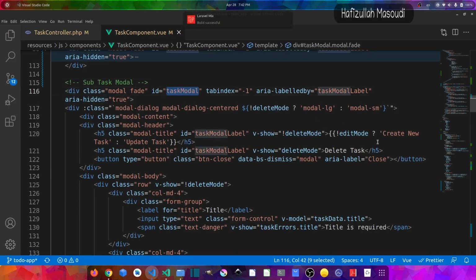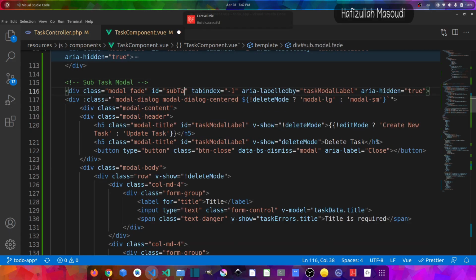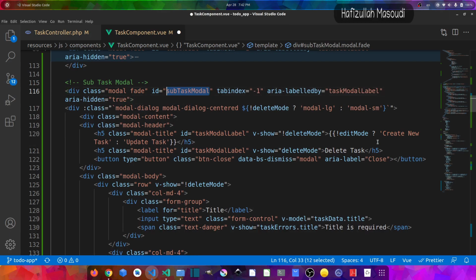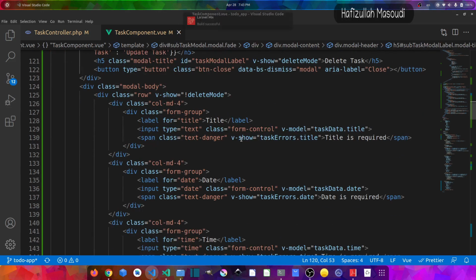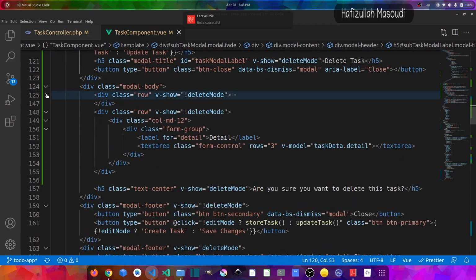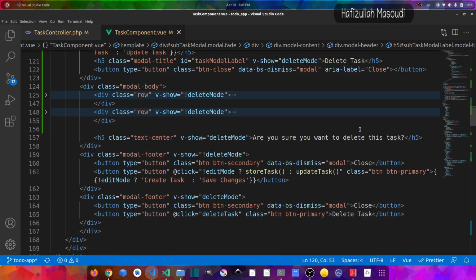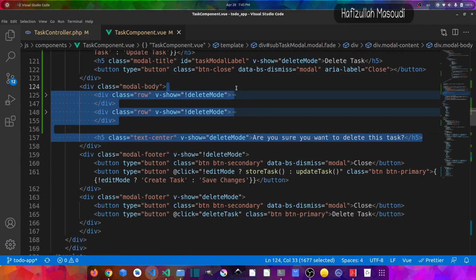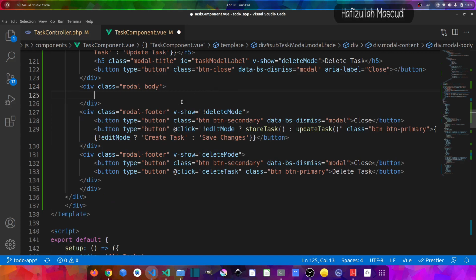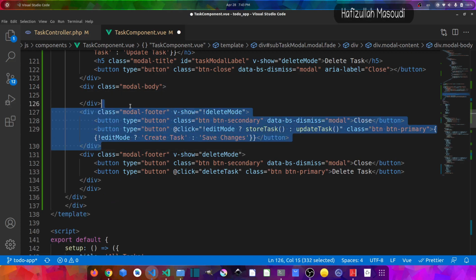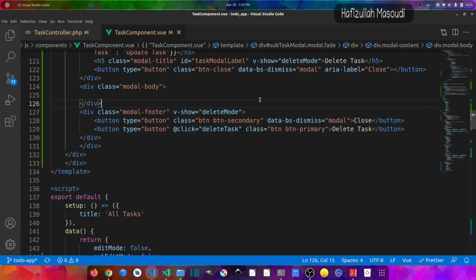So for the name of the model, let's say subtask model, or for the ID of the model, and let's also paste it for the labels. So let's paste it in here also. Now for the fields, what I will do is delete all the fields because we don't need them, and we will create our own fields. And let's also remove this extra footer from here, and let's remove this delete mode,